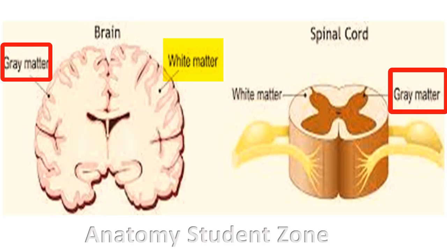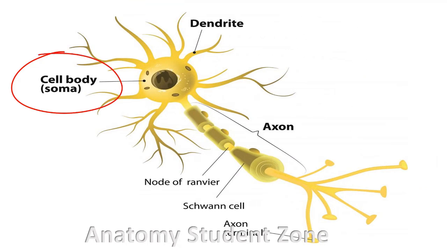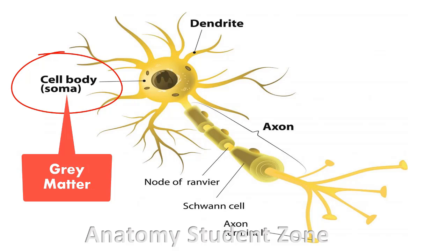What gray matter is and what white matter is, I have already described in the nervous system series, but for revision, you know the structure of a neuron. A neuron has a cell body and an axon. Gray matter is the house of neuronal cell bodies, meaning it's a collection of cell bodies of neurons. Literature even says gray matter is home to neuronal cell bodies, axon terminals and dendrites, as well as the nerve synapses.